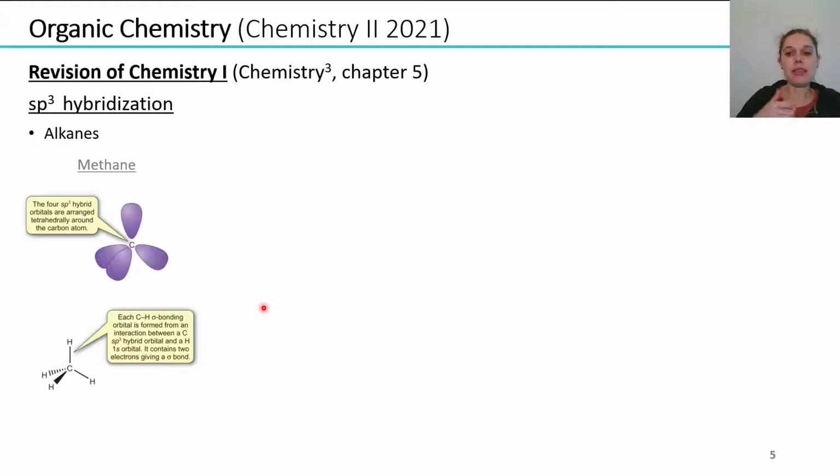And then we see that we have 4 carbon-hydrogen sigma bonds, and each carbon-hydrogen sigma bond is formed from an interaction between an sp3 hybrid orbital of the carbon atom and one s hydrogen orbital. The resulting sigma bond contains 2 electrons. And we have this 4 times, so finally we end up with 4 identical covalent carbon-hydrogen sigma bonds, each containing